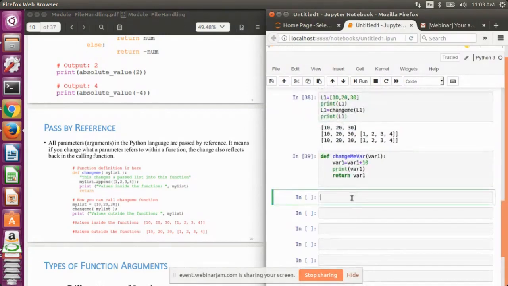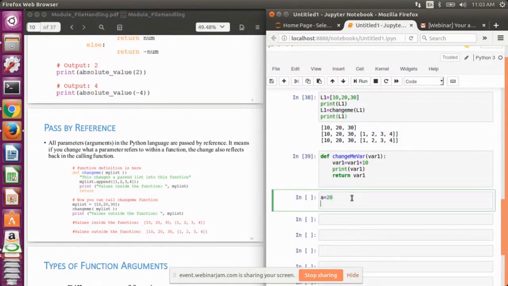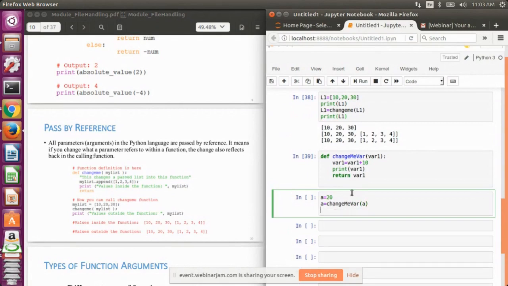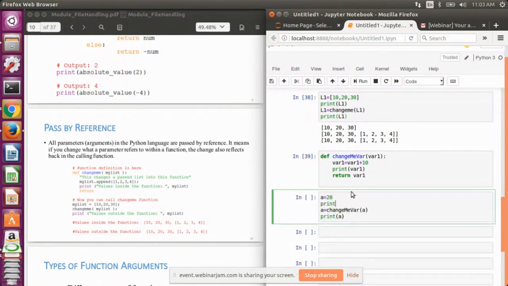It has nicely got executed. Now I define a equals 20 and a equals change me a, and then I am writing the print statement, print a. Print the value of a before calling this function.